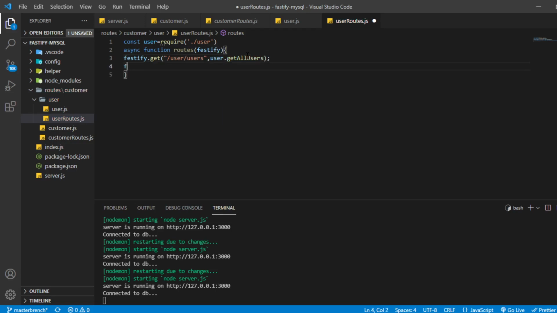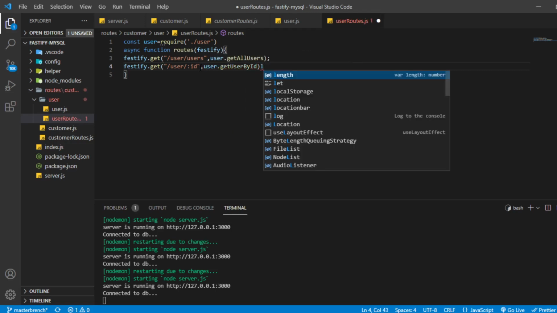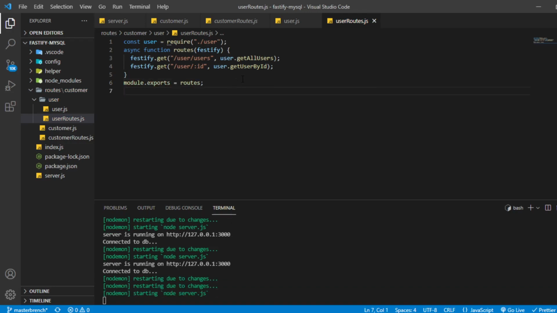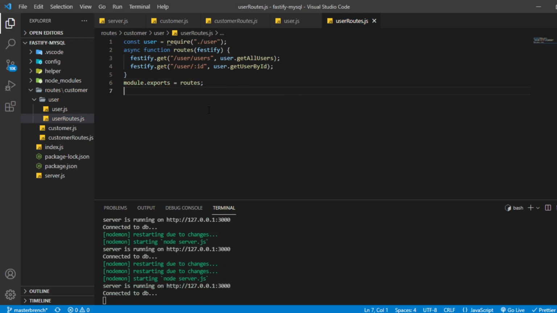And then here specify dot get user on id, user dot get user by id, right? Now simply export this function as well, module.exports routes. Okay, we are done with this file also.